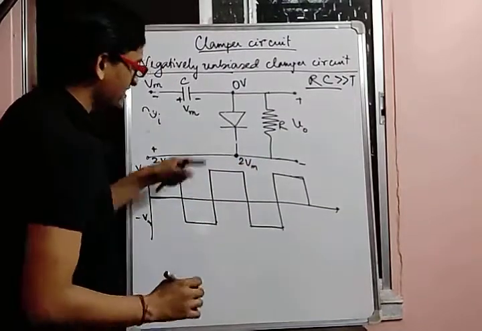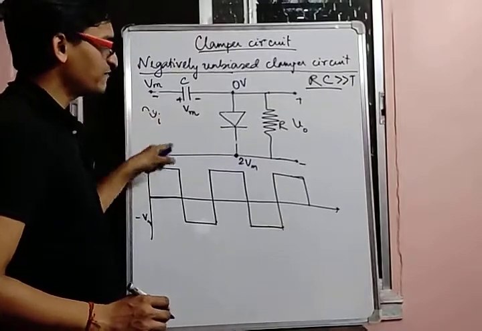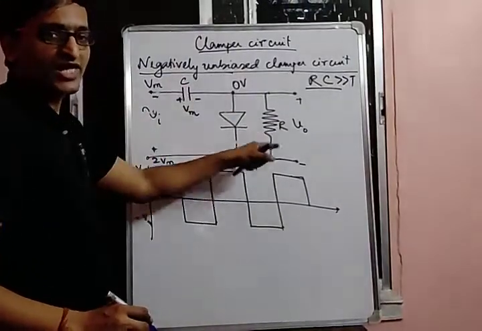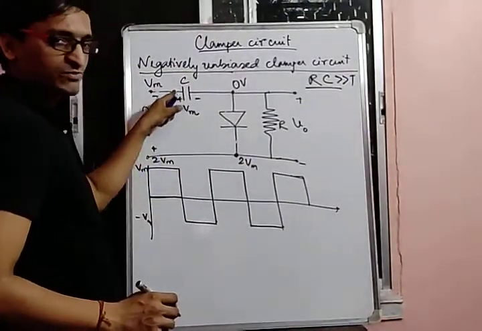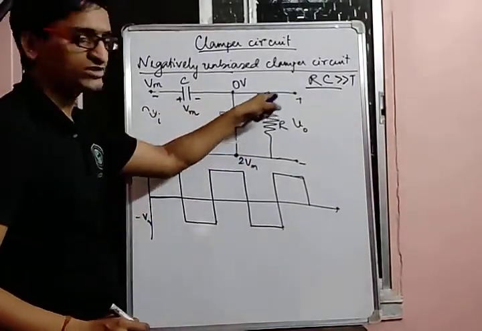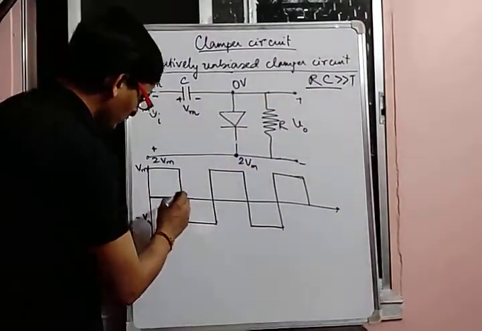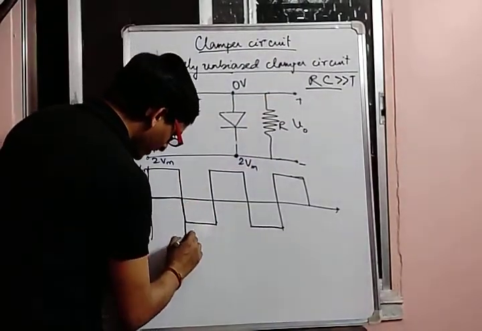So what we will be getting is, since this diode is reverse biased, the current will flow through this resistance R. Since the capacitor is already charged up to Vm, this entire 2 Vm voltage will basically appear across the resistance R, that means at the output. So the output voltage will be equal to 2 Vm,